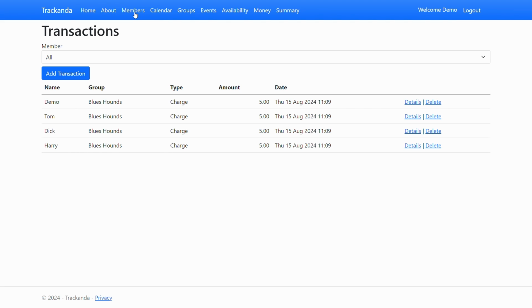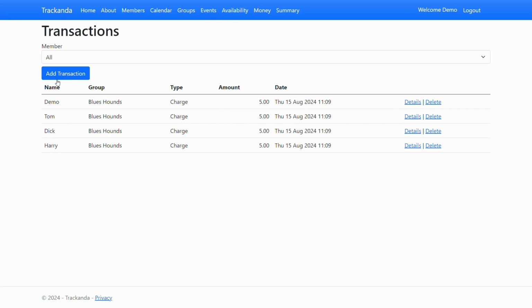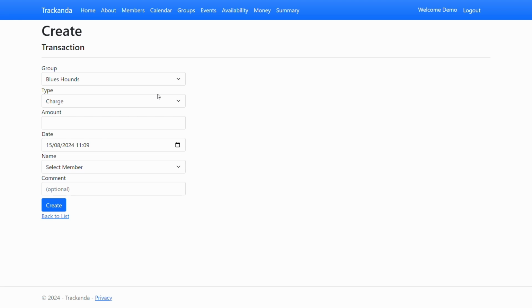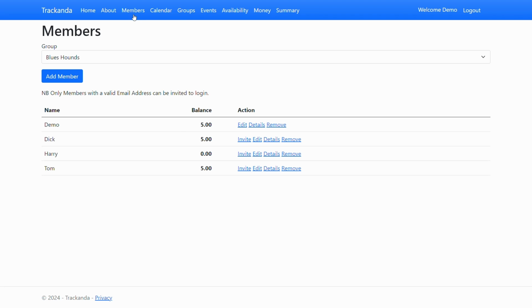If we go into the members page now, you'll see that the balance has now changed to £5. So everybody owes £5. Now let's say someone makes a payment. Harry's made a payment, he's a good payer. And there's the transaction, and when you go back to the members page, Harry's balance is now zero because he's paid